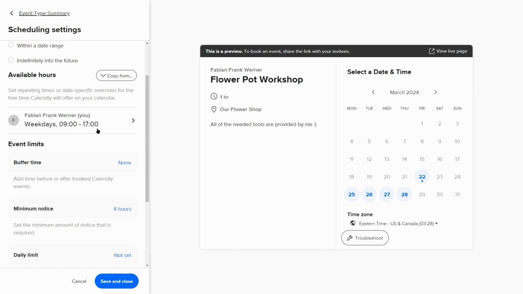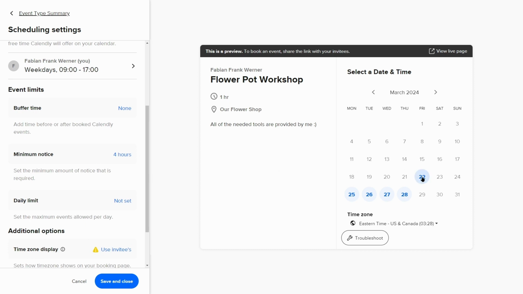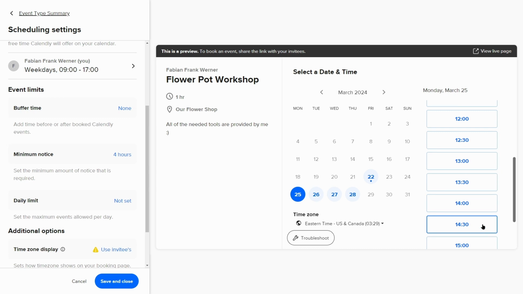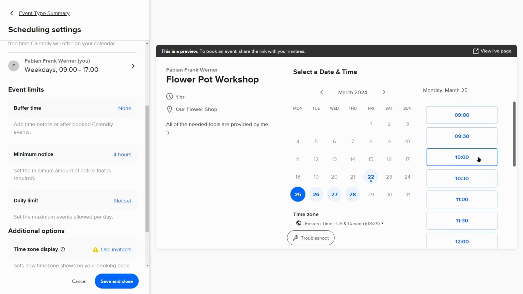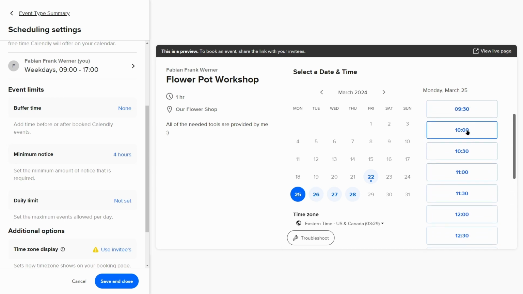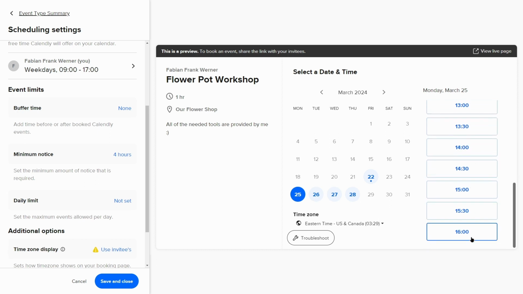So they can book from 9 to 5 right now, which means if they click on one of the meetings, let's say next Monday, they get prompted with all of the available dates for booking. Right now, we need to adjust the setting potentially because we set it to 1 hour and these are 30-minute slots, and maybe you also want to use some buffer time, so maybe 10 minutes before and after each meeting so nothing collapses and you have time to